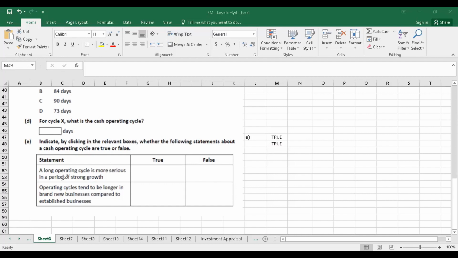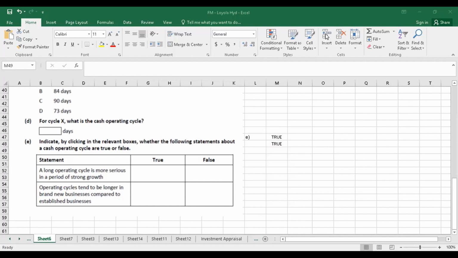Strong growth, quickly the cash should be available, cash should flow into the business. With that, they take up additional activity, again purchase additional raw material. So the cycle should happen very quickly. Cash should flow back into the business as early as possible. With that, they can think about expansion. So one is true. Second one is, operating cycles tend to be longer in brand new businesses compared to established